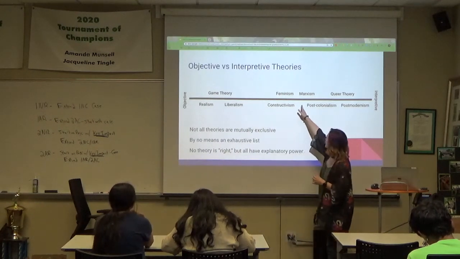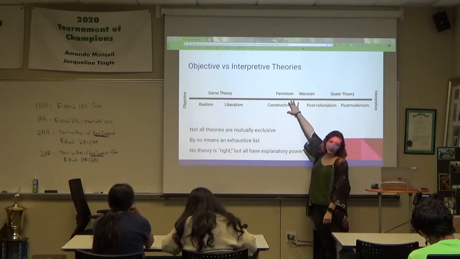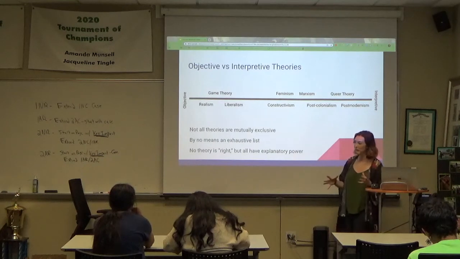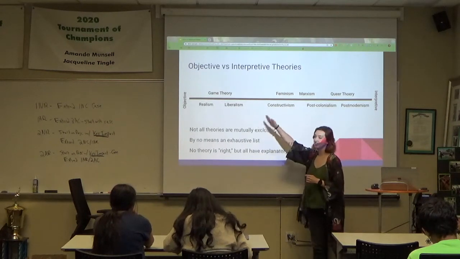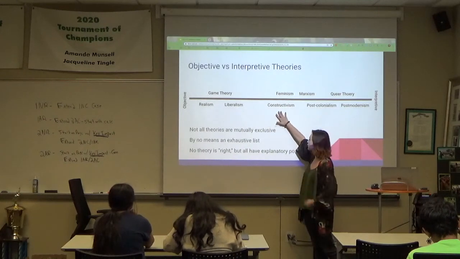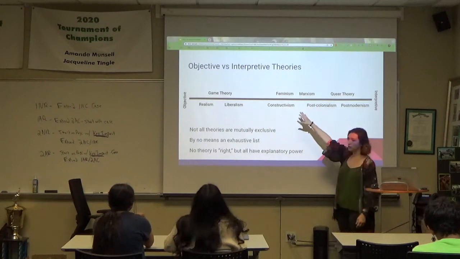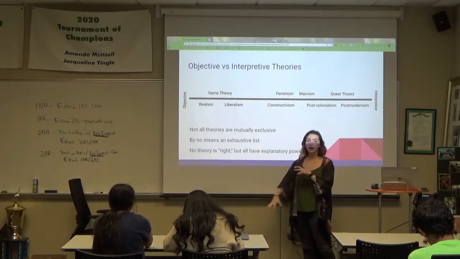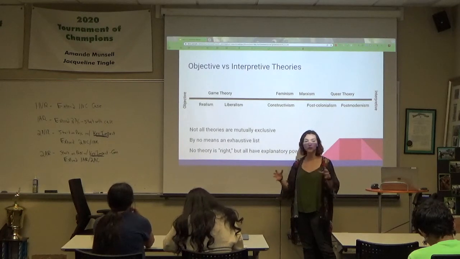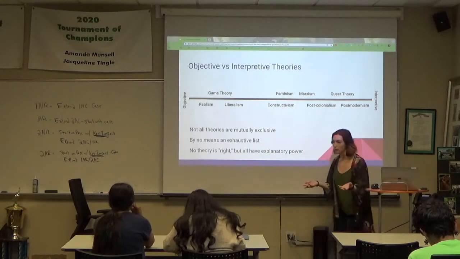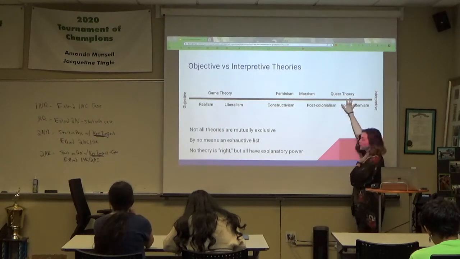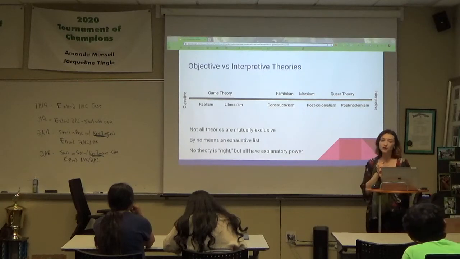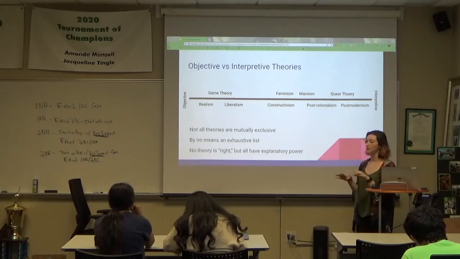And so then we get kind of in the middle here. Feminism is a complicated one, and we'll get into that one specifically, because it's had some appropriations through Western imperial feminism that mean it doesn't fit nearly as nicely on our spectrum as lots of the other theories do. But you've got constructivism, Marxism, and post-colonialism that are all looking at often very hardcore quantitative data, as well as some qualitative data, and trying to reason the two of them to try and make reforms to civil society. And then the further over we get, we have things like post-structuralism as well as queer theory that are more interested with challenging our notions of reality to begin with.